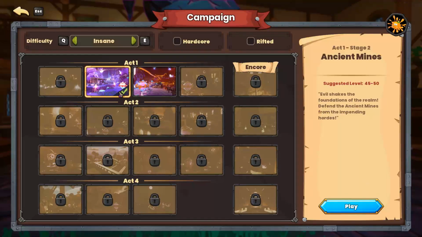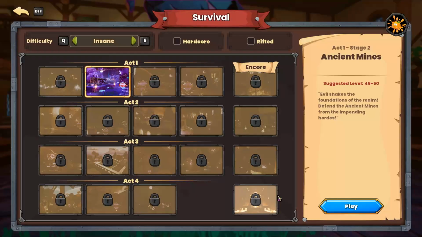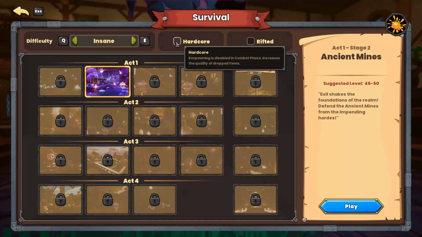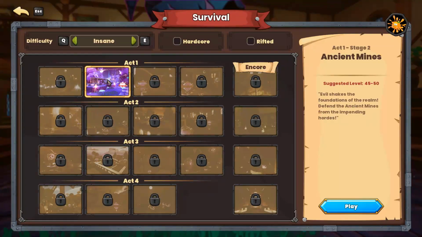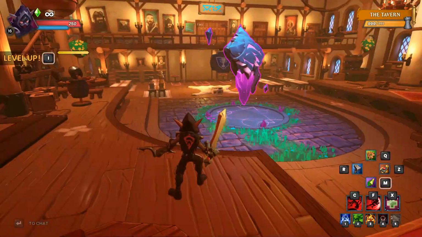Now we're going to take a little turn. We're going to go to survival and see how far we can push it. So we want to go insane survival. Hardcore, I'm tempted to put hardcore on. Hardcore, of course, is going to increase the loot quality that drops. However, for this first playthrough, I'm afraid that I won't even be able to use any of the gear. Now, before we jump in and get this started, let's take a look at what we found on the last